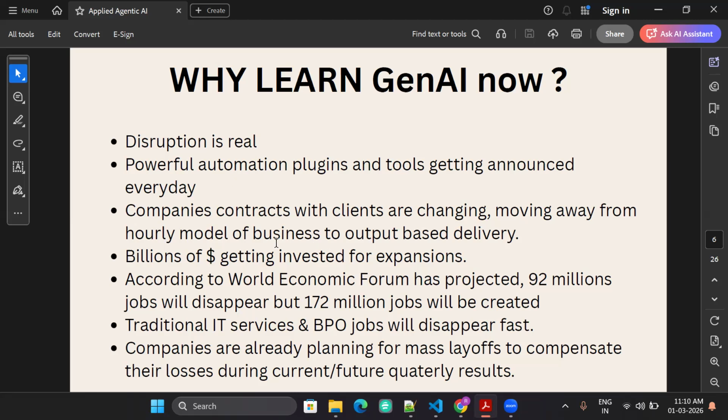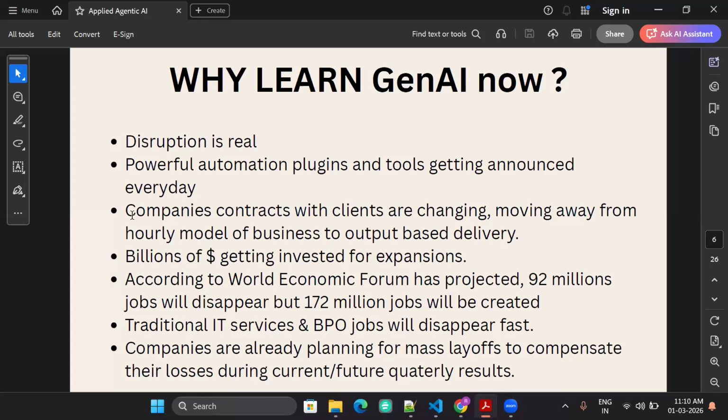Companies are pushing the Indian IT companies to go away from the hourly model to output based delivery, which means the Indian IT companies or any IT services company will try to push that onto employees, because if the hourly billing model is stopped, then clients will ask the vendor companies to provide a certain amount of output. Doesn't matter how many employees they want to keep or how many AI agents they want to use.